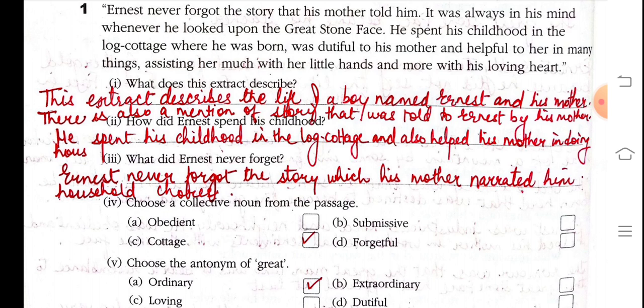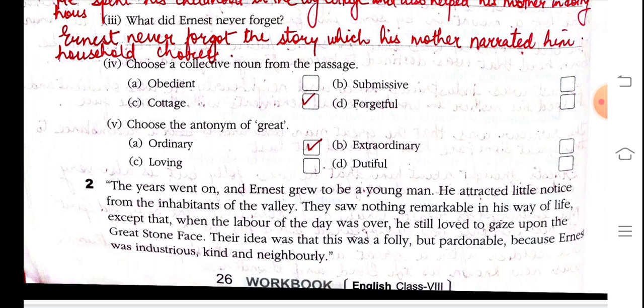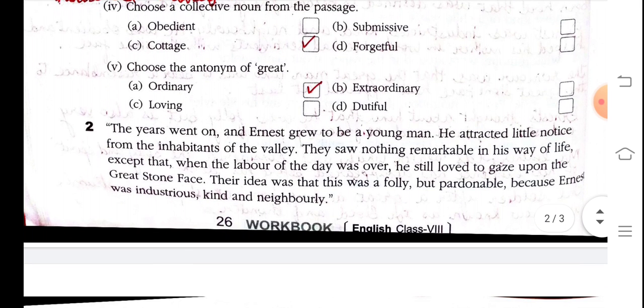What did Ernest never forget? So, students, the answer for this question is, Ernest never forgot the story which his mother narrated to him. Now, students, next we have: choose a collective noun from the passage. We have options: obedient, cottage, submissive, forgetful. And the right answer for this one is cottage, isn't it? It is a collective noun